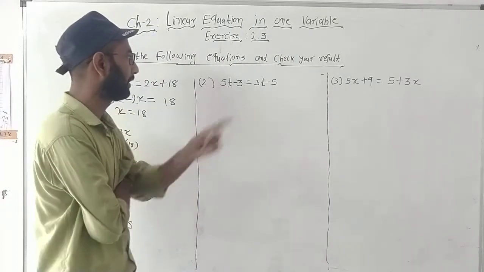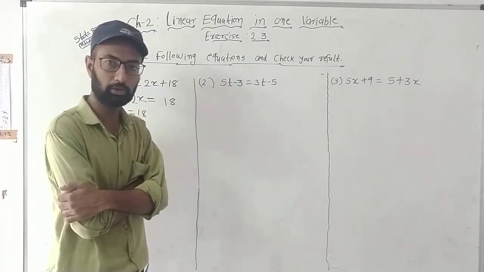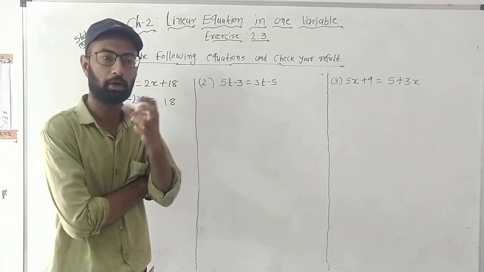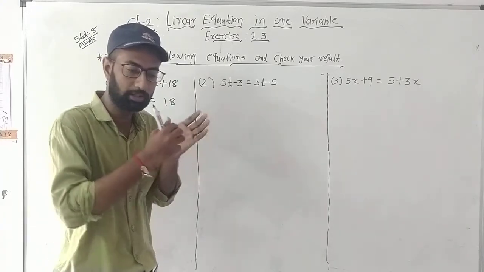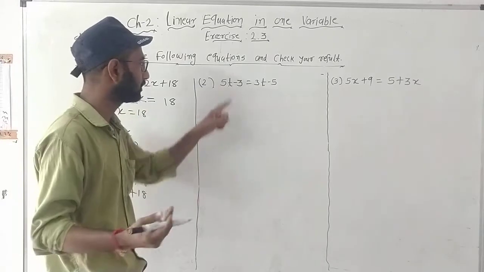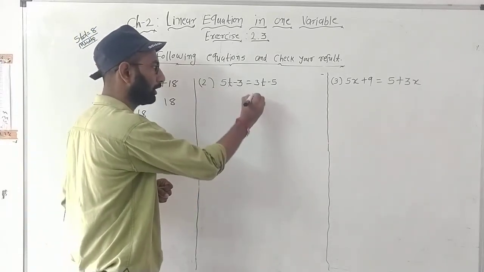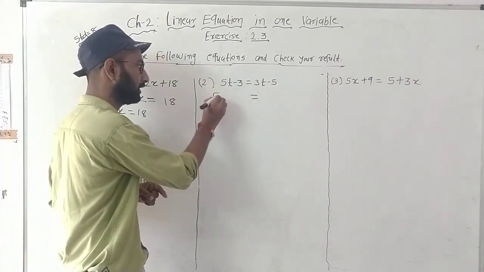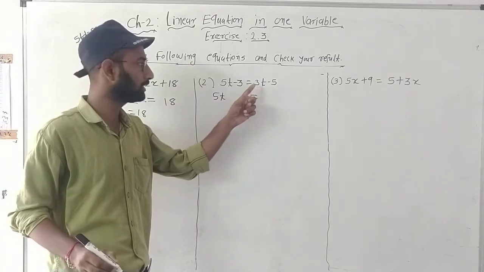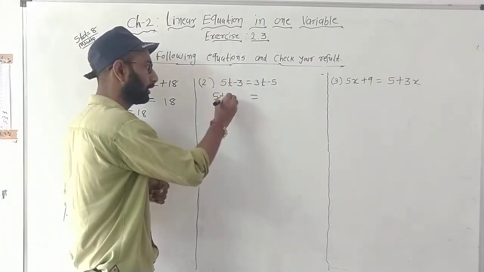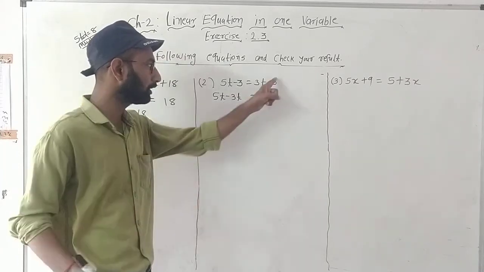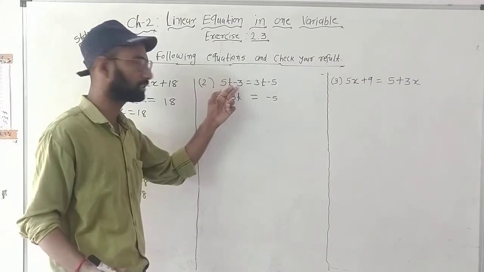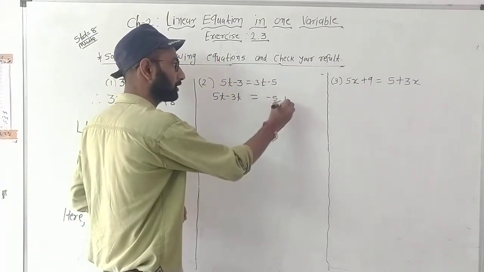Okay. Second is 5t minus 3 equals 3t minus 5. Here you also need to find out the value of the variable. Here the variable is t. So again you will try to bring all the variables to one side and all the numbers to the other side. First of all you can put the sign of is equal to as it is. Now I will put 5t as it is, and this 3t will come to the left side, so it will become minus 3t. I have put this minus 5 as it is, and this minus 3 will go to the right side, so it will become plus 3.